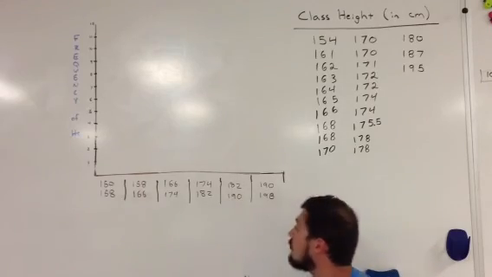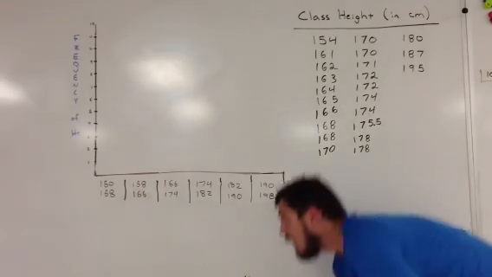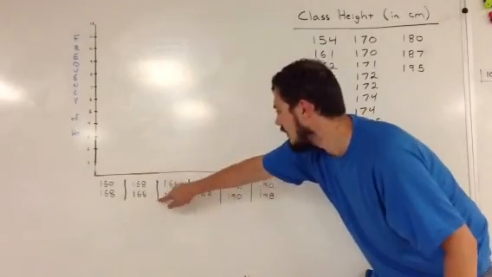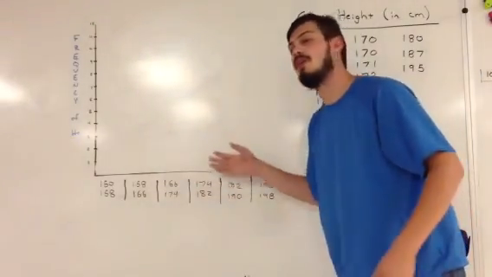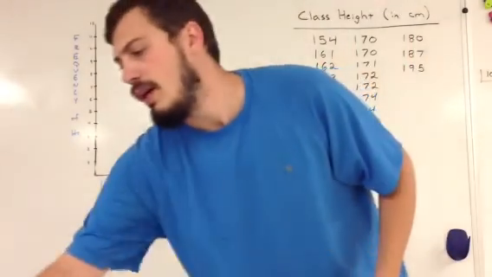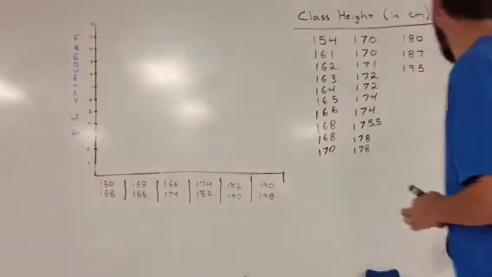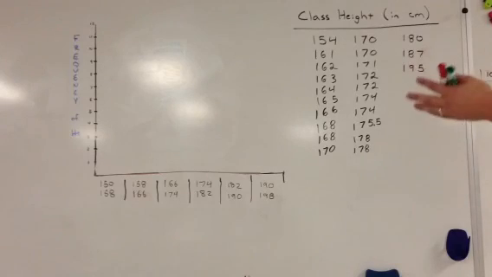Again, if someone falls right on the line in a bin, let's say 166, you have one of those, that person is going to fall into the larger bin. So as we go along and we make our axes, or as we make our bins,